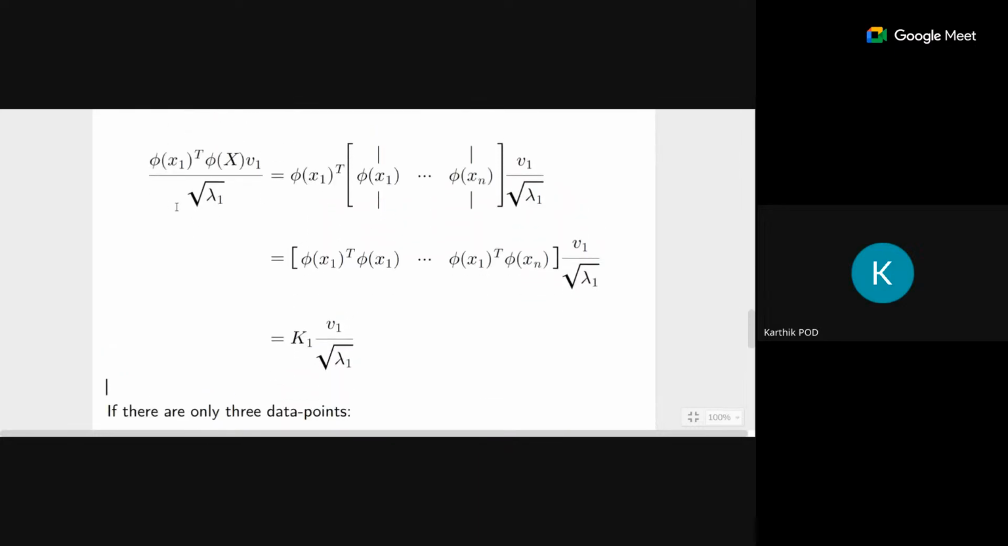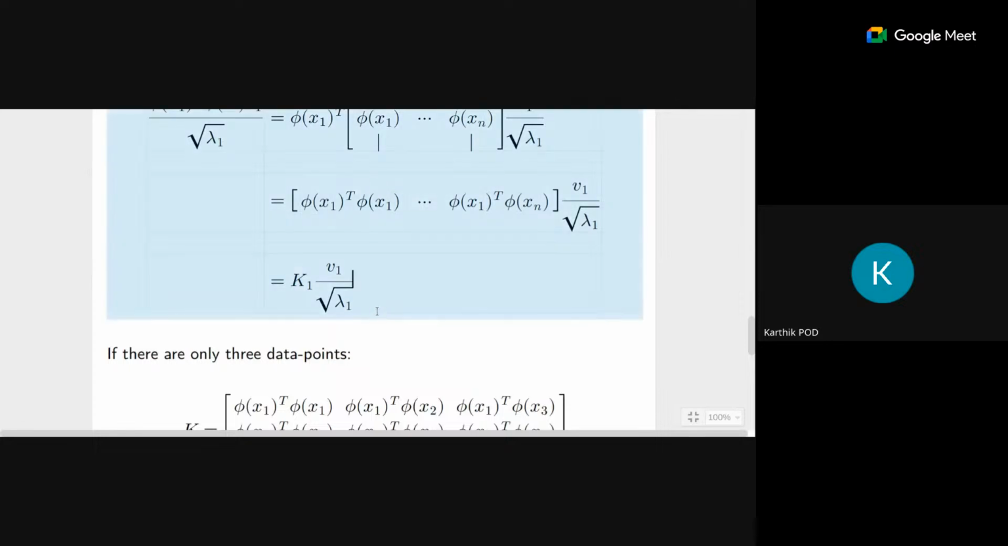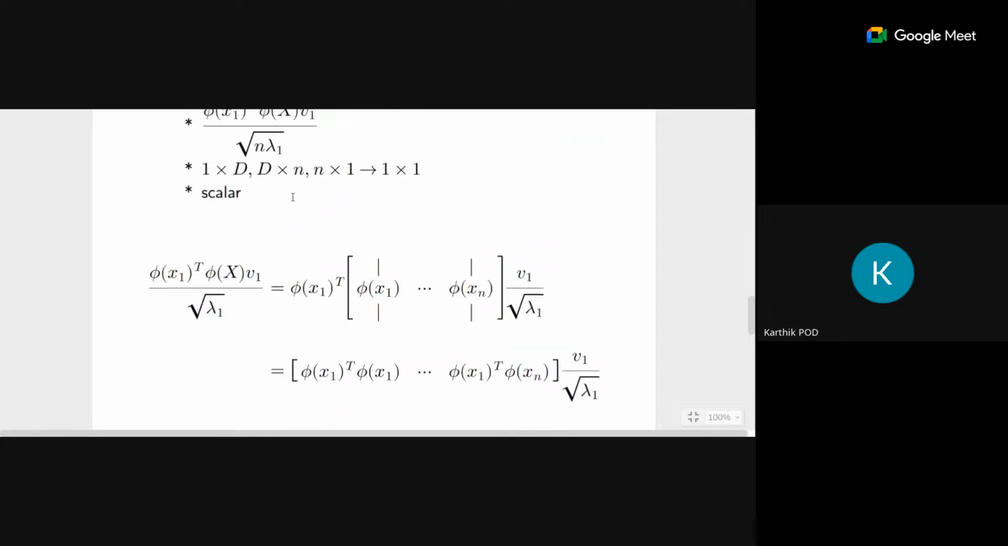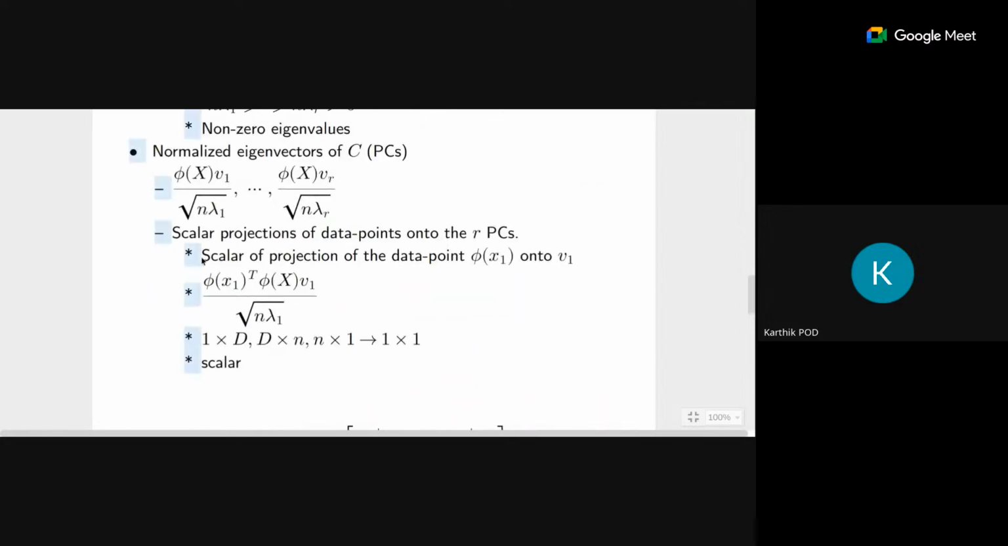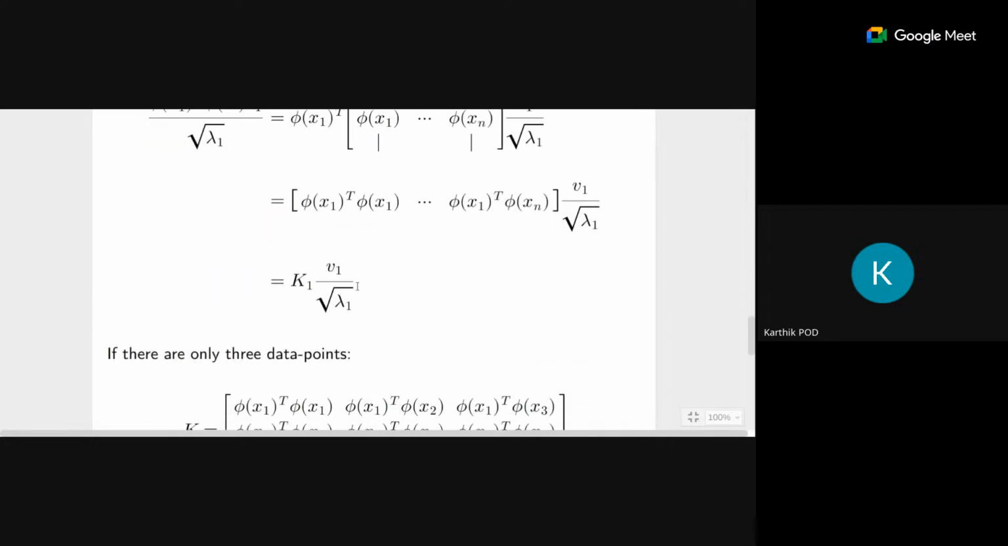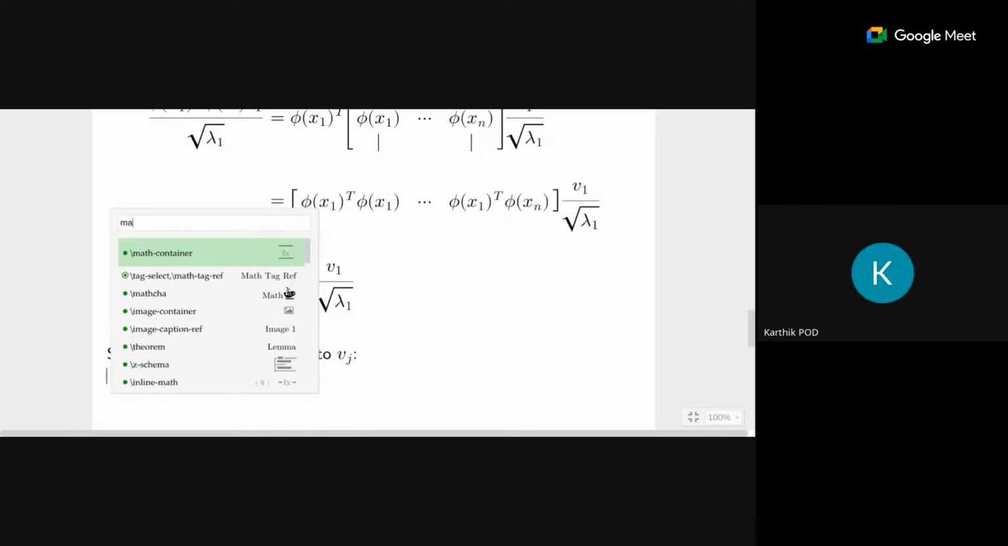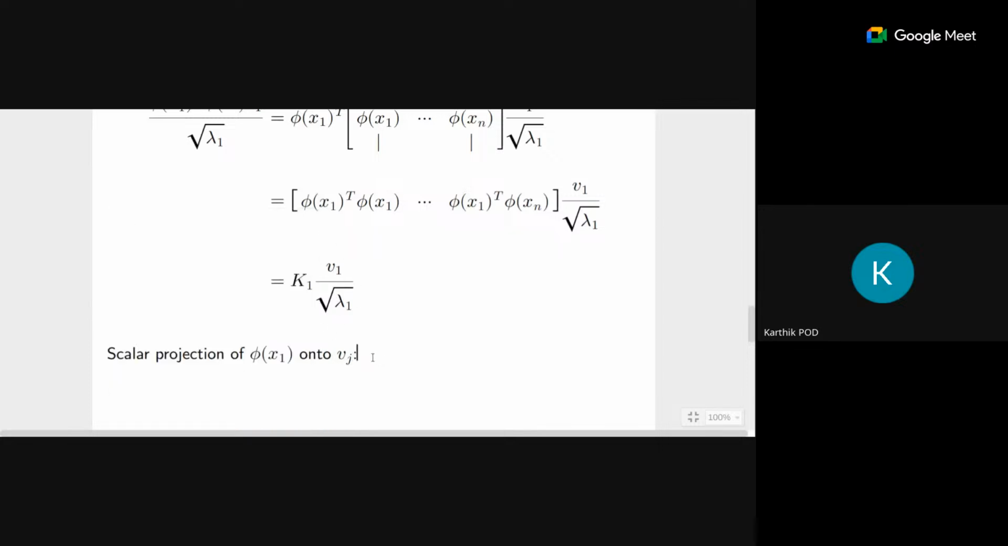Okay, see, this is what we have done. Are most of you with me, if not all of you? Are most of you fine with how we obtained this? Yes, sir. Okay, so this is the first row of K into v1 by root lambda 1. This is the scalar projection of the first data point onto v1. If you want the scalar projection of phi of x1 onto the jth principal component in general,